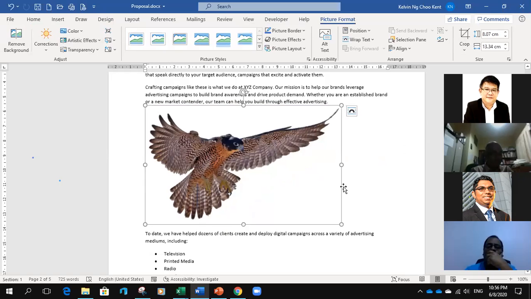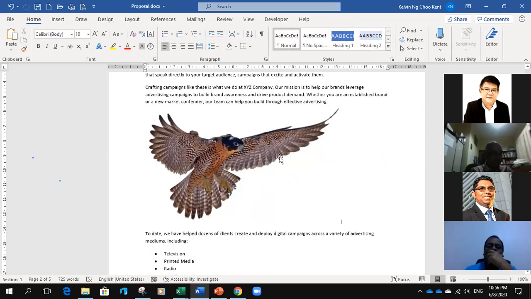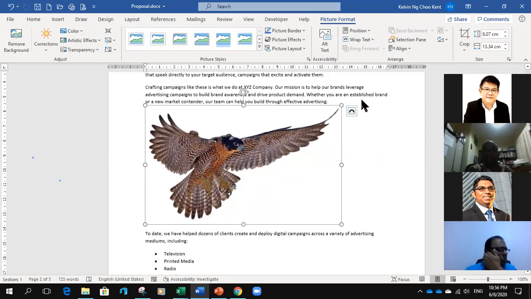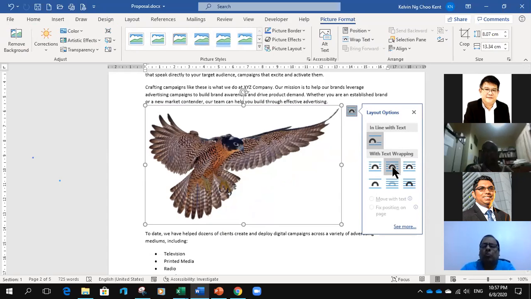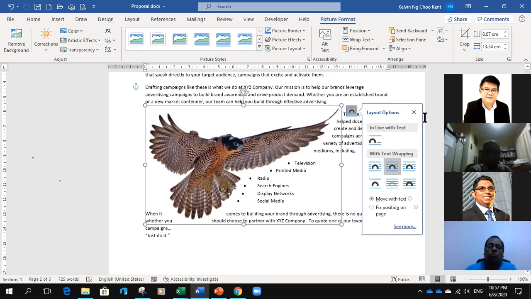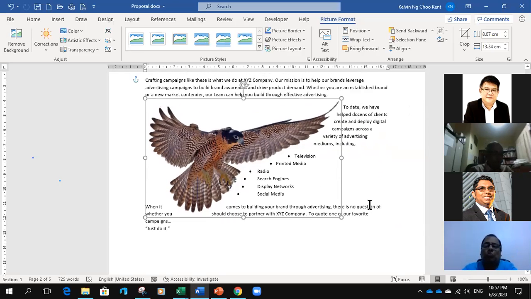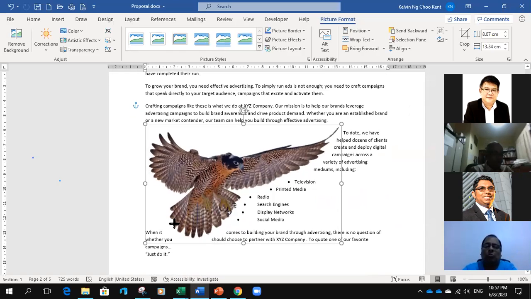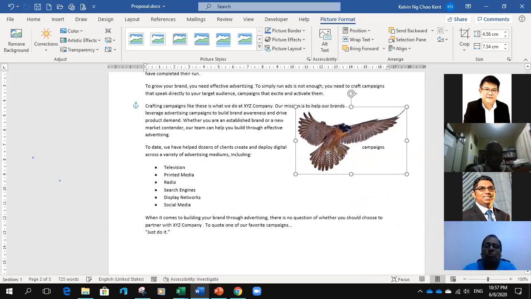Done. Now, the whole discussion here is not about bringing the picture in, but more about putting this picture so that the text can run over it. So I'm going to click on this picture. There's a little icon right at the top right corner, which I'm going to use for something called tight. This is what we call text wrapping. If I use the first one called square, then the picture won't be able to come into the white area. But if I use tight, you notice that the picture will move inside the white area. So I'm going to make this a little bit smaller, and I'm going to put it here.